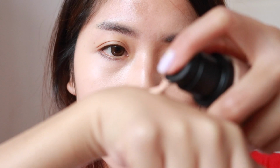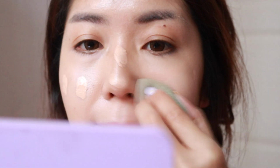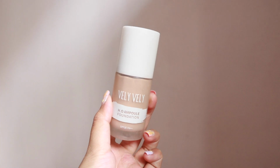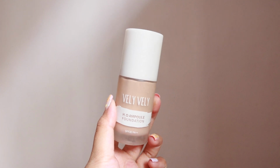But basically this foundation is more suitable for people with oily skin, and it is made to be even more long lasting, so it's a little bit more on the matte side, I guess, compared to this one which I used previously. This is the H2O Ampoule foundation, and I feel like this one has more of the dewy finish and it's less thick and less sticky than this one. This one is a lot more sticky, and I guess that's because it is made to be long lasting, so it just sticks onto your skin, and it's also a little bit more difficult to blend because of the sticky